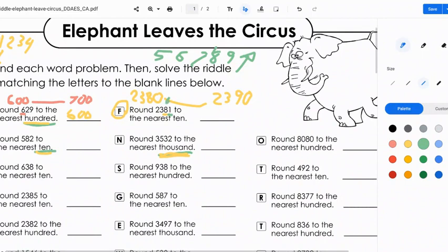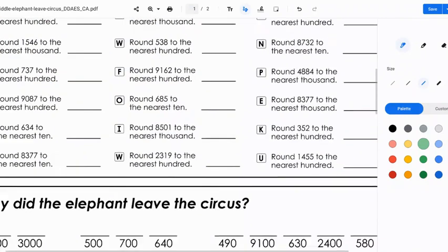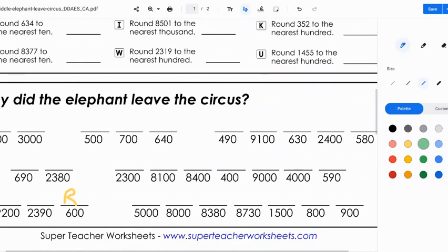That number would probably be there on my number line. It would round down to 2,380. So I'm just going to check that out down here, 2,380. And I'll put that right